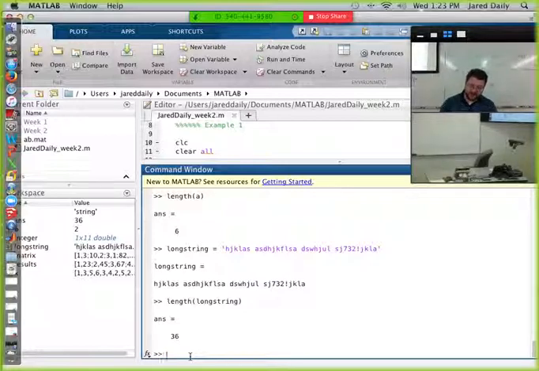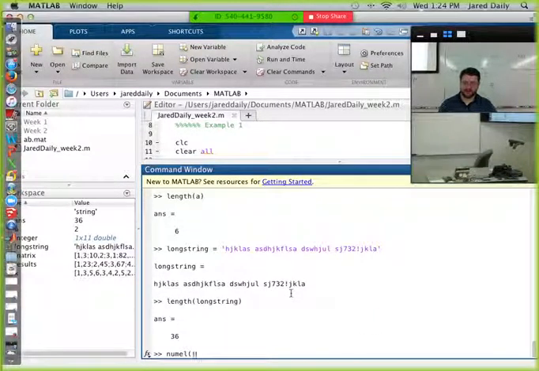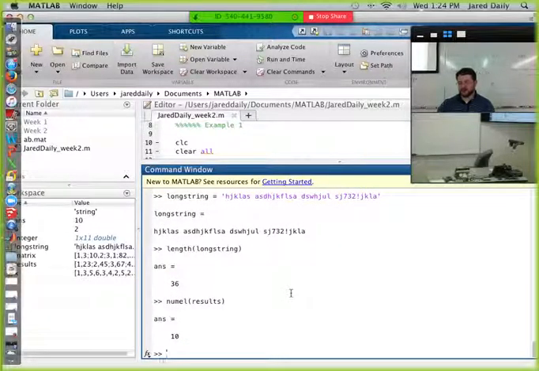If I have a matrix, I can use numel, which is number of elements. What is my matrix up here called? Results, for example. This will just tell me the total number of elements that are in the matrix results. So it has 10, so it returns 10. All right, now,